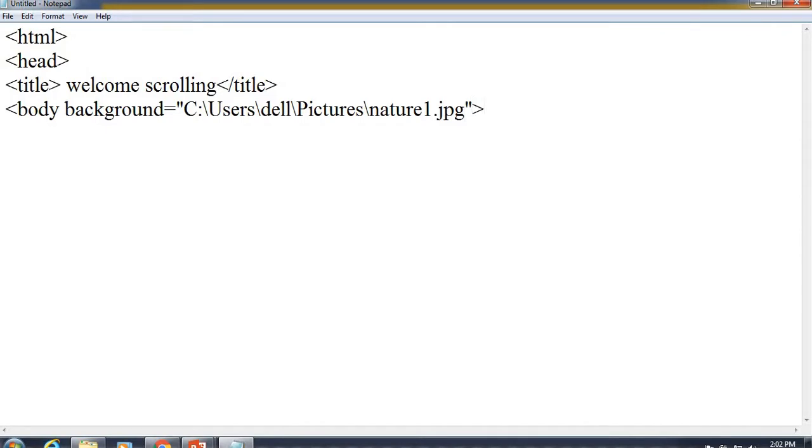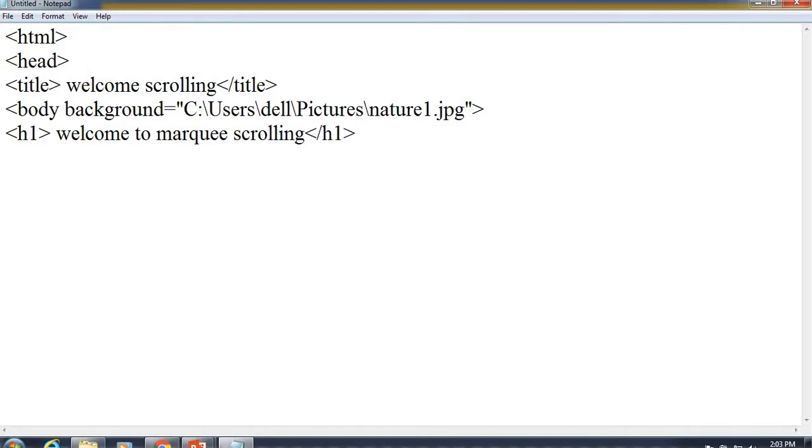And now we are going to add headings. The headings may be anything, that depends on the user. That is welcome to marquee, that is scrolling. You can give any text here.